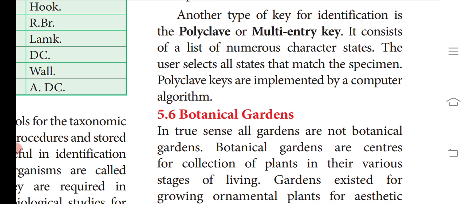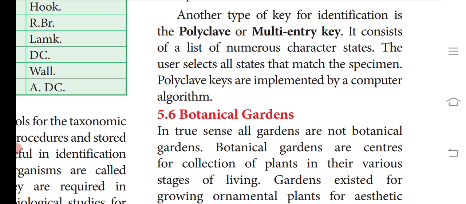Flower white in color, yes, you have to put the tick. And corolla is funnel shape. Then if it is funnel shape, you have to put a tick. Okay, the corolla is polypetalous. If it is given, then you have to see your flower. If it is not polypetalous, you should not tick it. Then you have to find what the opposite term is. Gamopetalous. Okay, so you have to tick gamopetalous.